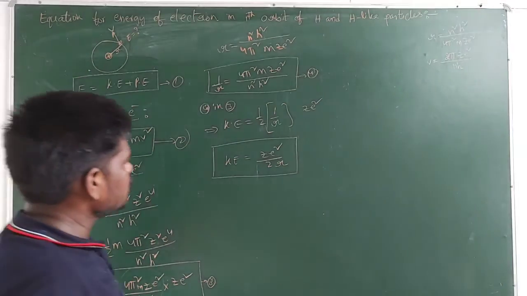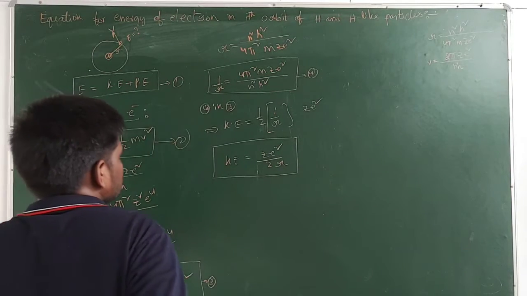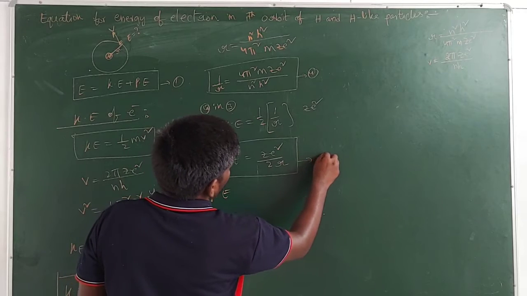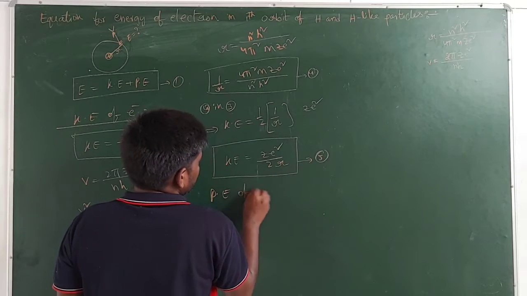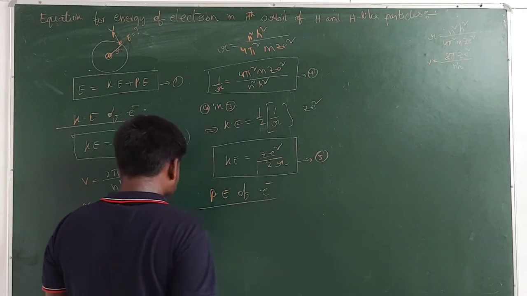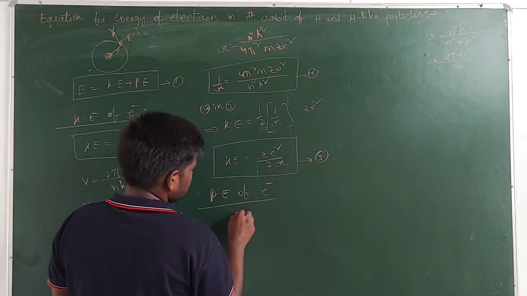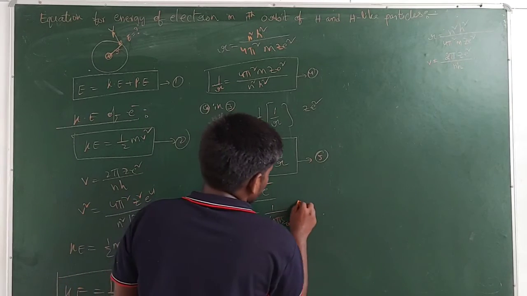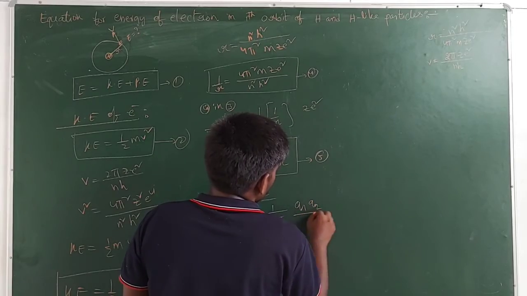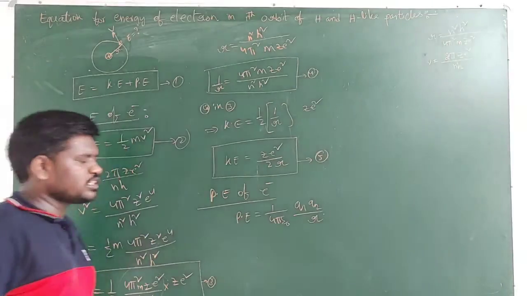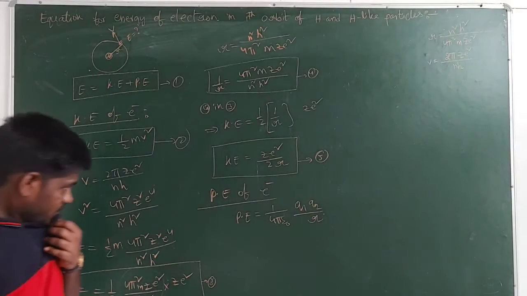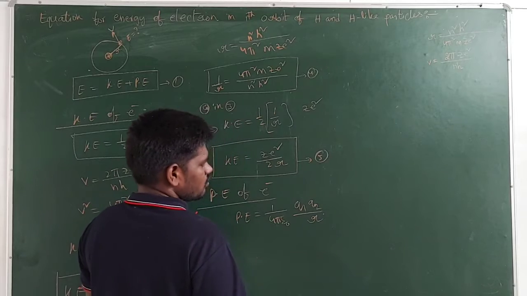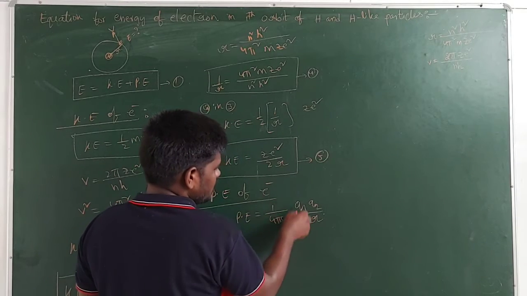So next we need to talk about potential energy. Let me take the potential energy of the electron as equation number 5. Now there is an equation for the potential energy of electron, that is potential energy is equal to 1 by 4 pi epsilon naught Q1 Q2 by R. This is the potential energy of electron present in an atom, guys. So now here Q1 Q2 means charges of the nucleus and the electron. R means radius, and this is the permittivity factor.